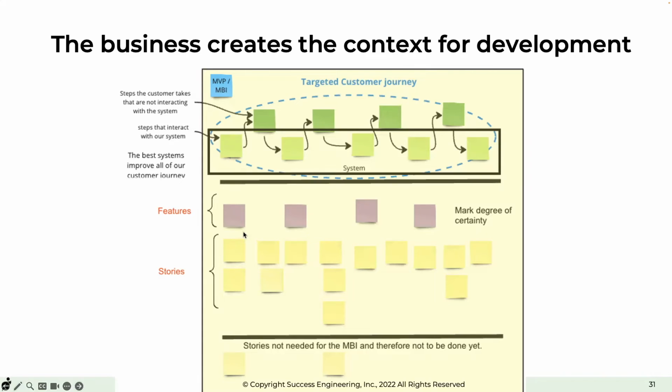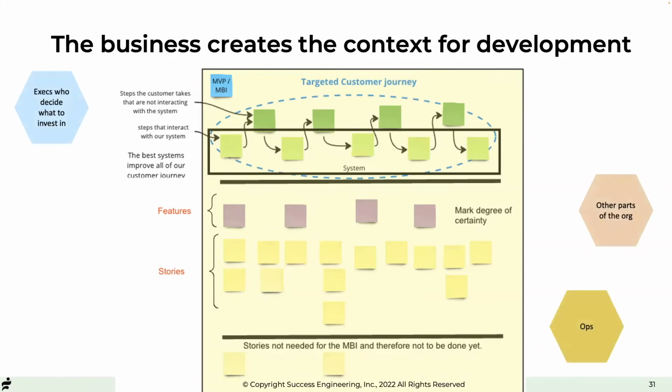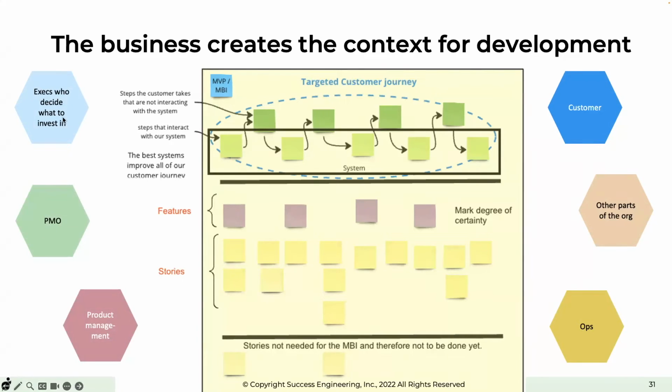And then what we're doing is we're not only building, this was the first step, we're not only building within the context of the MBI and MVP, one or the other. That's useful. But now remember these other people outside of us, sorry for the animations in the wrong order, but we have what are the execs telling us.